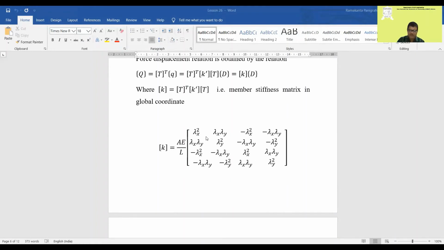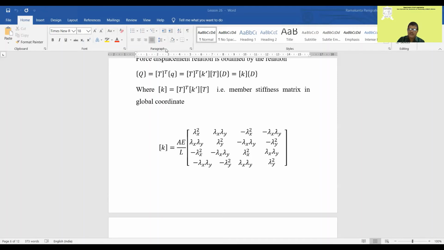Okay, that is a minus value, plus value, lambda x square, lambda y, lambda x, lambda y minus 4. This is a symmetric matrix. On this side of the diagonal, the other side will be the same. So what will we put here? Only lambda x is equal to cos theta x, lambda y is equal to cos theta y. That's all. So we'll find this. You have to remember this is the force transformation matrix that we have developed, and then if you multiply, you will find this is the member stiffness matrix of any member inclined at angle theta to the x-axis.